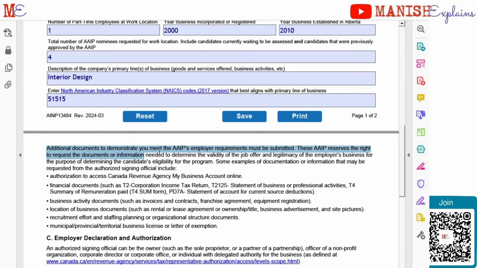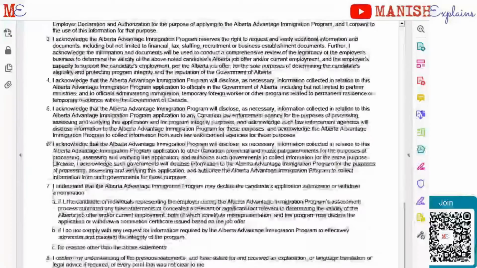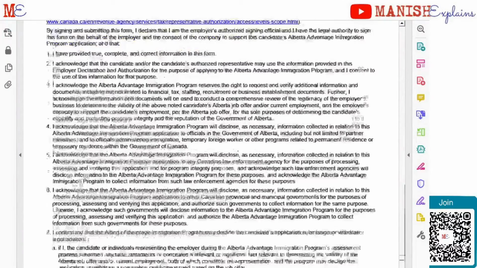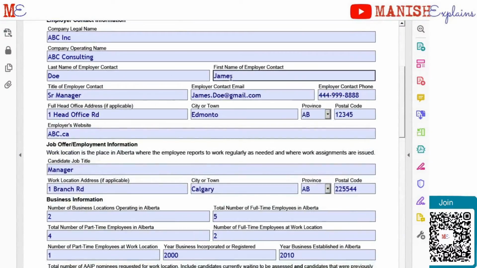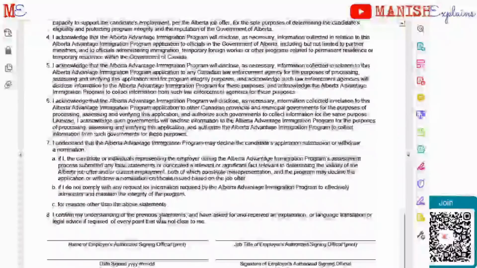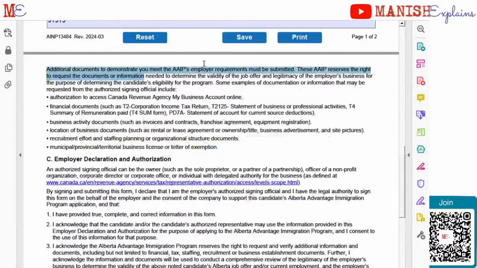Now, at the time of submission of this form, you may want to submit additional documentation related to the employer. You have to submit this form. It has to be signed by the authorized person. So make sure the name of the person that you have mentioned here, the employer contact, prints his name and signs it here, but he also understands that AIP may request additional